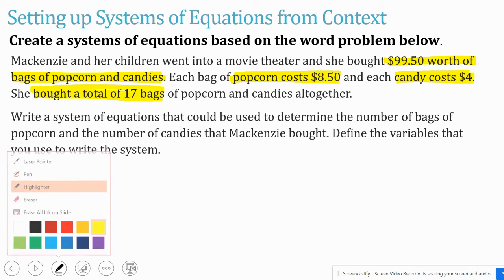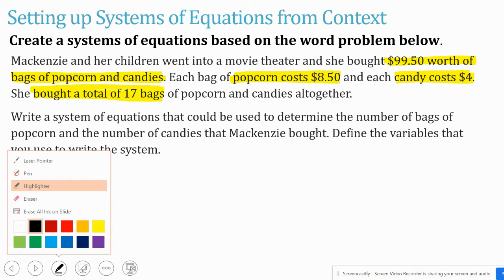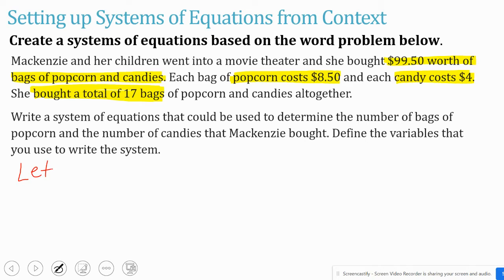Okay, so now let's define our variables. So hopefully you've noticed the two things that we're talking about here is popcorn and candy. So I'm going to say, let me make this not a highlighter anymore. Sorry about that. Okay, so let P equal the number of popcorn bags bought. And I'm just abbreviating here. So as long as this represents popcorn and how much popcorn Mackenzie bought for her and her